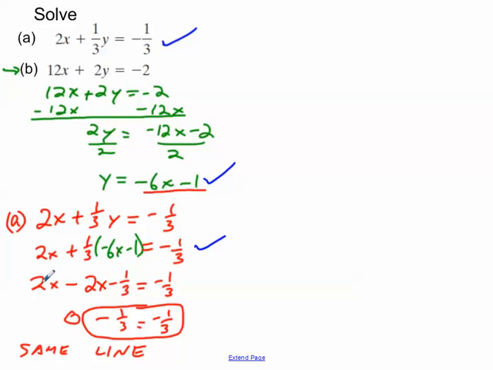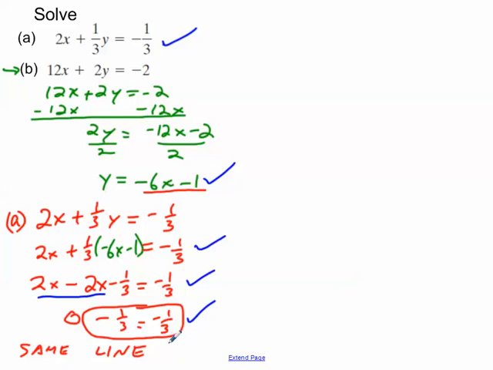Did I distribute correctly? 2x plus 1/3 minus 6x is minus 1/3 of 6. 1/3 times 6 is 6 divided by 3, which is 2. Yep, the x is there. Positive times a negative is a negative. 1/3 times 1 is, yep, that's correct. And then 1/3, all right, so far so good. And then I just combined these two like terms, and sure enough, I got to negative 1/3 equals negative 1/3,